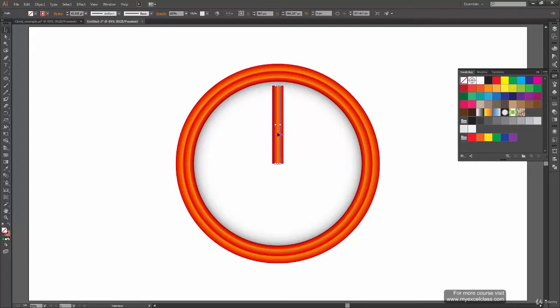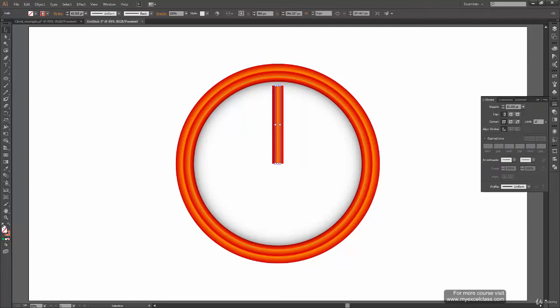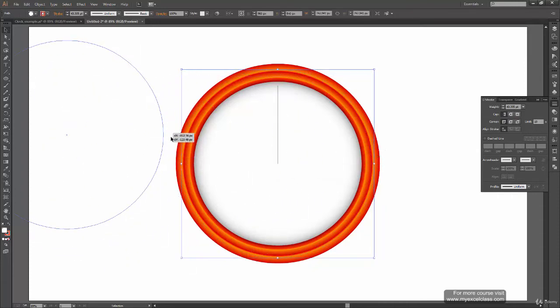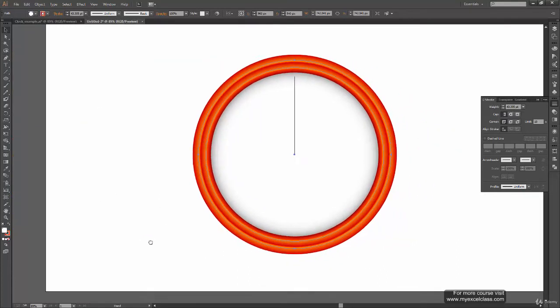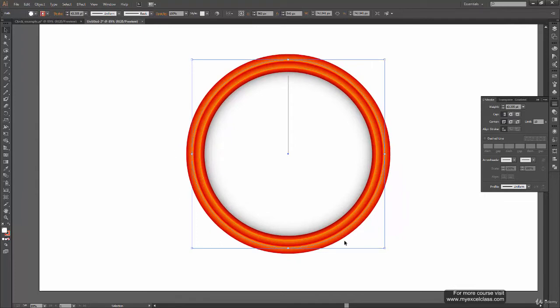Now we might want to change this stroke because this is not the kind of stroke we want. So go to the stroke panel. Before that, just have a default fill in this. You can set the color to none. Coming to the color, if I select this shape behind and bring it aside, you can see there is still a fill color inside this. But the point to be noted is that it will stay behind all the time.